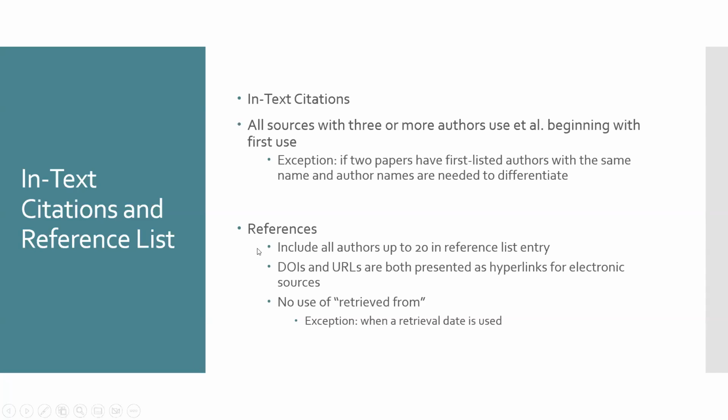The reference section is just a little bit different than this. The reference section is, again, that big one at the end. You're going to include all of the authors in a reference section, up to 20. The only case where you're going to use et al. in a reference section is if you have 21 different authors on a paper, which, while surprising, does happen. So, to save yourself from writing 20 or 21 different names, that's the only time you can use et al. in a reference section, in the full references at the end.